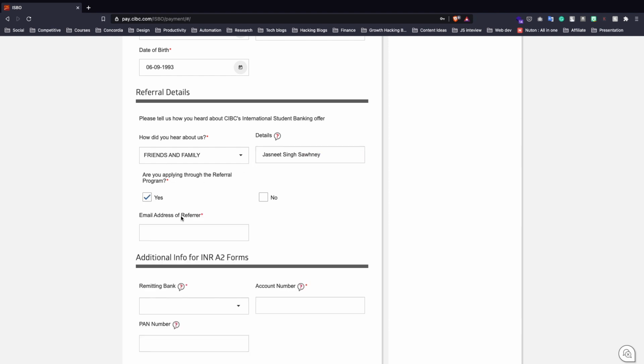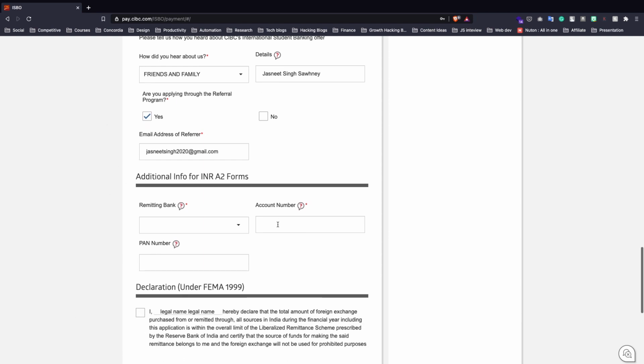Yes. Then over here you have to write my email, jneetsang2020@gmail.com. Now mention this clearly, because when this gets accepted, you also get around $50 to $55 in your CIBC account. So this will help you as well as me. It would be a mutual benefit.